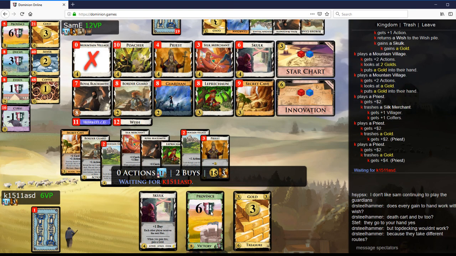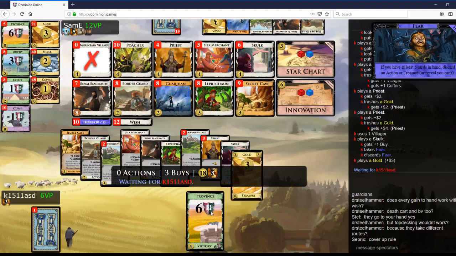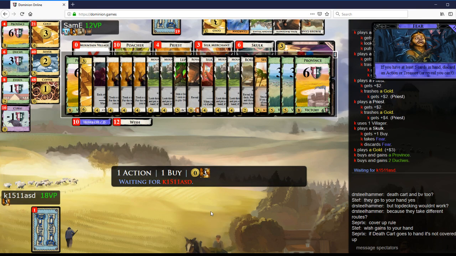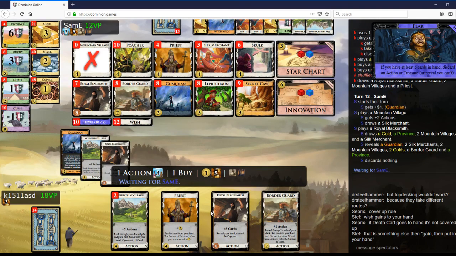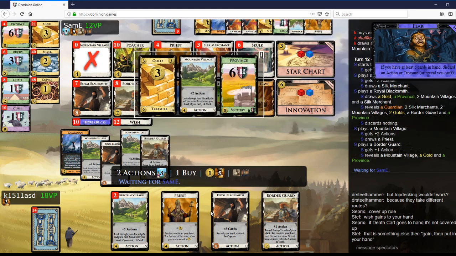I really don't like trashing all these golds. Especially, he's getting all of this. Yeah, I really don't like that. Uses the villager. I mean, province double duchy is a fine thing to get, I guess, but I don't like trashing gold. I would have rather liked keeping the villager and then getting rid of one of the priests. Trashing gold with priest and then playing the other priest is...